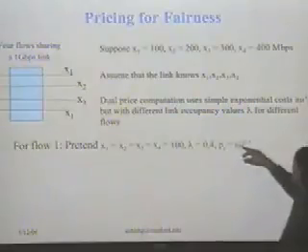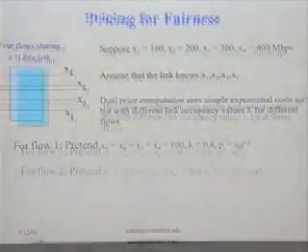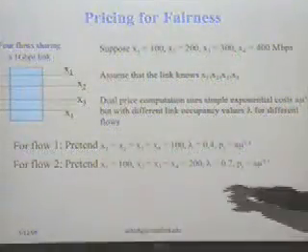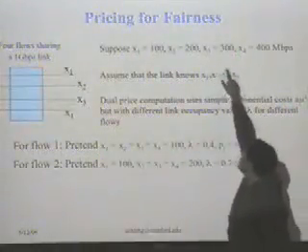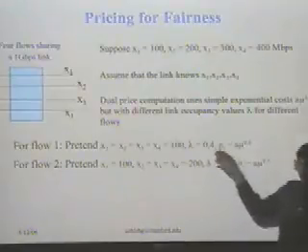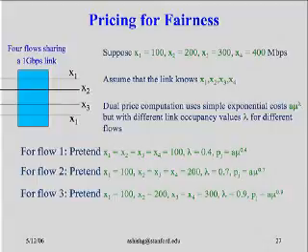And so this cost is going to be a mu to the power 0.4, and since this is exponential, the cost is essentially going to be 0. So even though the link is completely utilized, it will look almost free to flow 1. Flow 2 will say, okay, x1 is getting 100, I'm getting 200, so for 3 and 4 you can only charge 200, you can only tell me that they're using 200, I don't care if you're giving them more. So lambda will be 0.7, the price will be a mu to the power 0.7.